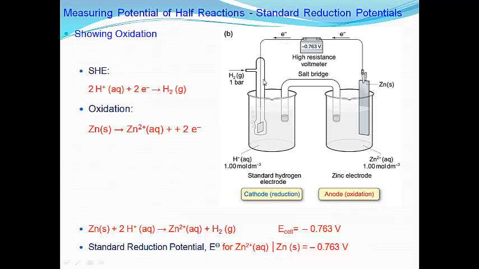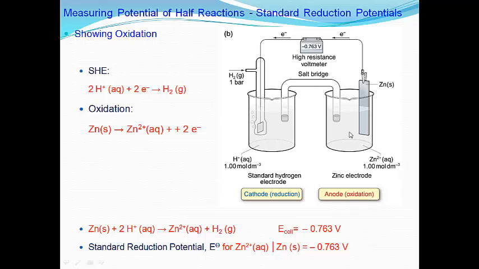So if electrons are flowing from our zinc to our SHE, it tells us that our normal standard reduction in our SHE cell is occurring. That is to say that we have 2 H+ plus 2 e- to give us H2. Now because electrons are flowing into the SHE, it means that clearly electrons are being lost from our zinc cell, and